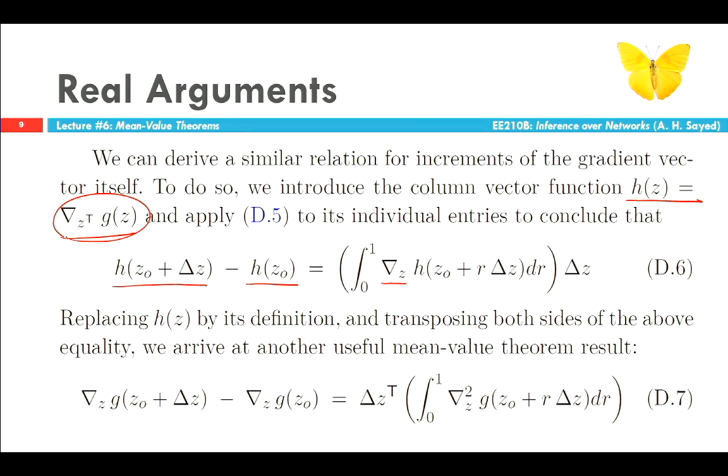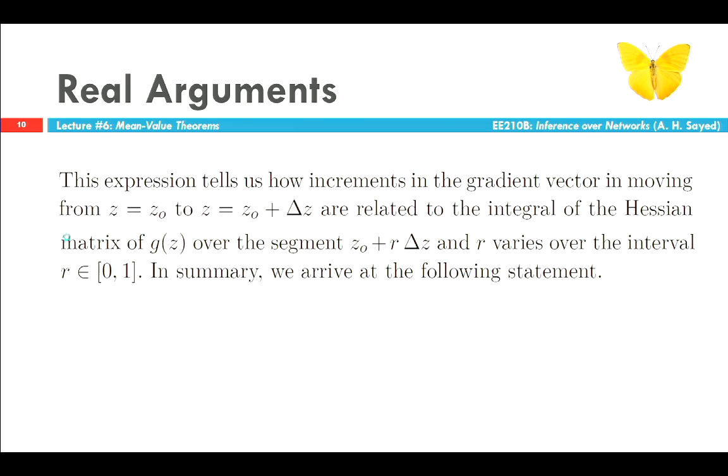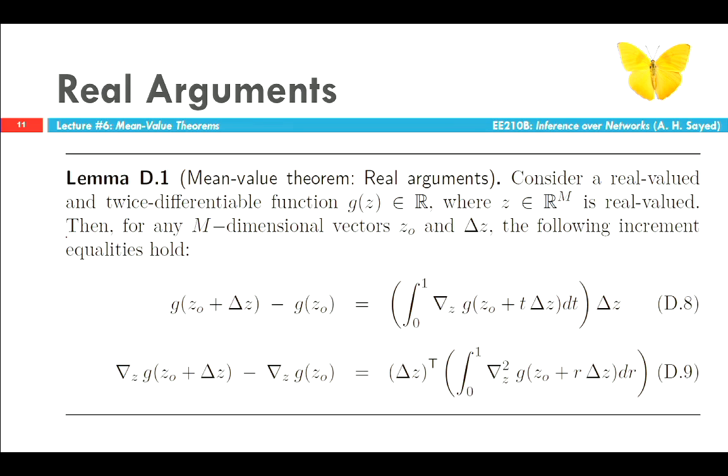So now if I want to approximate the gradient at a point, I know exactly the difference. It will involve the integral of the Hessian. Right? So this is how I will be using these results later, okay? This is the statement here. That's it for the real case. The mean value theorem for the function, all I really need here is for the function to be twice differentiable, because I need the first and second order derivatives, that's all. Okay? So this is an expression for the mean value theorem applied to the function, mean value theorem applied to